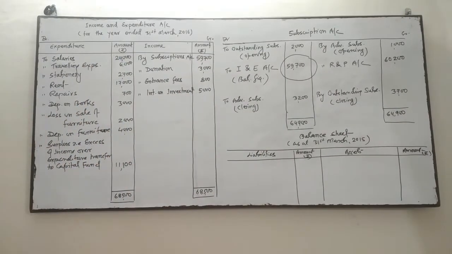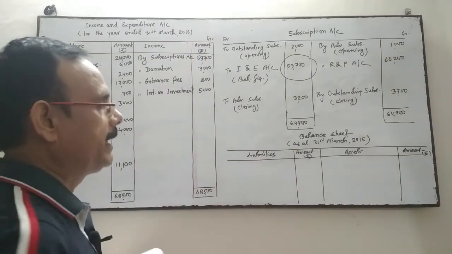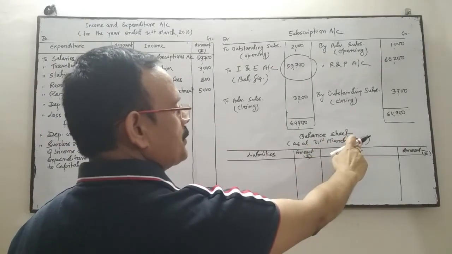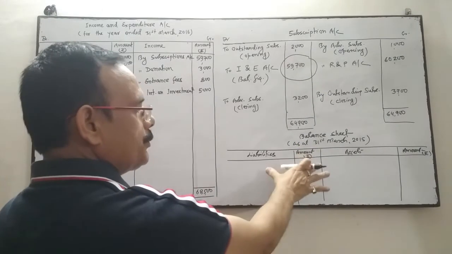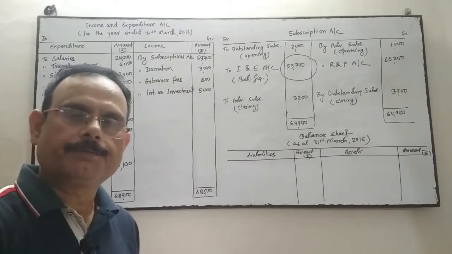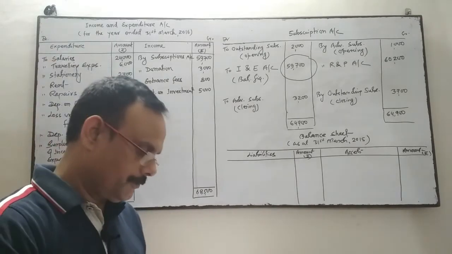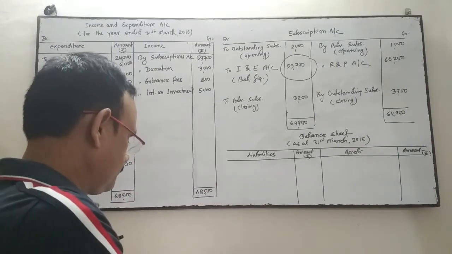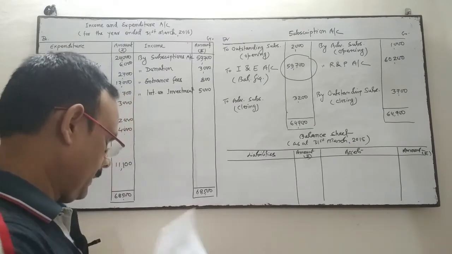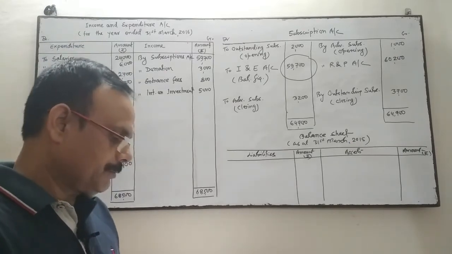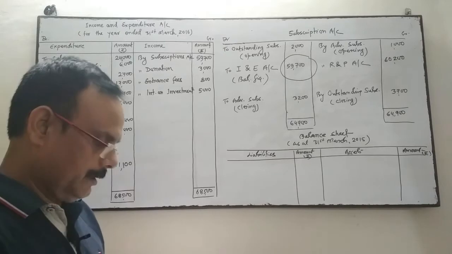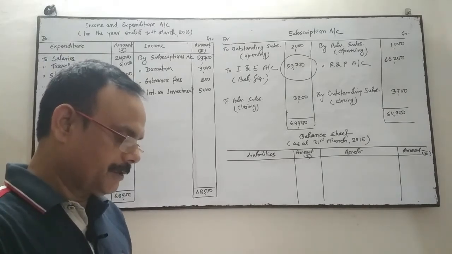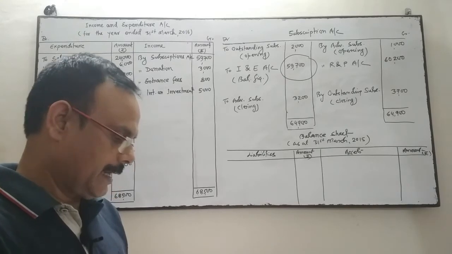Now we will prepare the balance sheet of the last year. This is the format of the balance sheet as at 31st March 2015. So all the assets and liabilities of this date will be taken into account to prepare this balance sheet, and the difference amount indicates the capital fund. So start with the additional information, we will see the first column as at 1st April 2015. It means this is the information of 31st March 2015. We will write all these items over here.